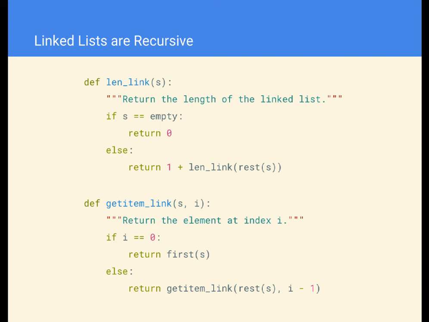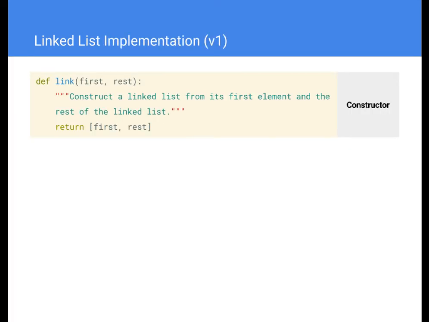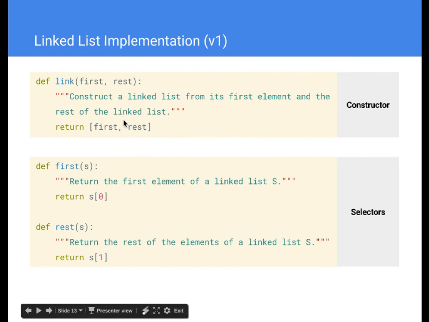But because we add another level of abstraction, we add these constructors and selectors, because we can call link, because we can call first, because we can call rest, because we have these extra functions, this allows us to change our implementation. So later in the lecture, we'll show you some different implementations of linked lists that don't rely on Python lists. The point we want to make here is that, sure, you can substitute rest of S with S of 1, but that breaks the abstraction barrier. It will still work, but it breaks abstraction barriers. And that makes your code very easy to break later on and hard to change.